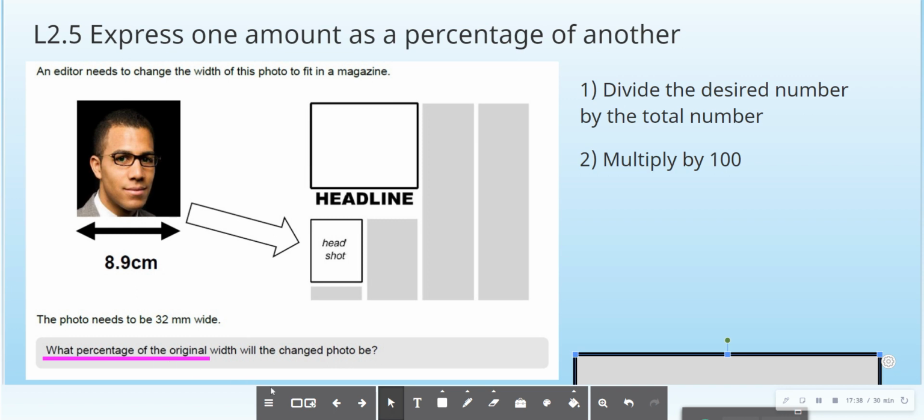So the measurement that it's becoming is 32 millimeters wide. Okay, this is 8.9 centimeters, which we need to convert to millimeters. It's going to be, remember, 10 millimeters is the same as 1 centimeter. So this is going to be times by 10, 89. Okay, so reducing from 89 to 32. So we divide our desired number, 32, divided by the total number, 89, and that gives us